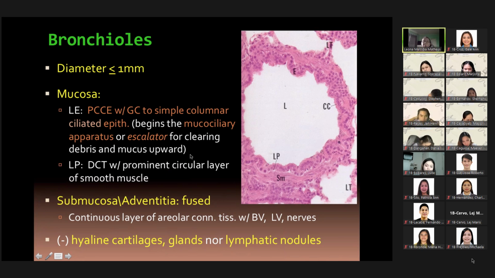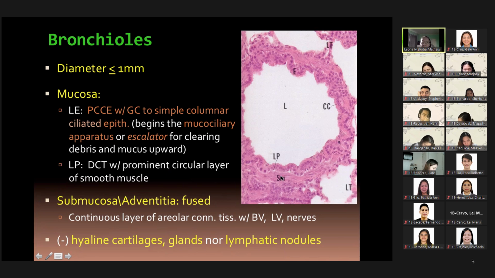And note that the movement is going upward, not downward. It's going upward, so we say it's like an escalator, going upward so that we can expectorate. Expectorate, meaning we can discharge through the mouth the debris and mucus that we will have here. And for the lamina propria, again, we find here very clearly the smooth muscle. Clearly seen. So the only thing that is clear here in the bronchiole already is your mucosa,